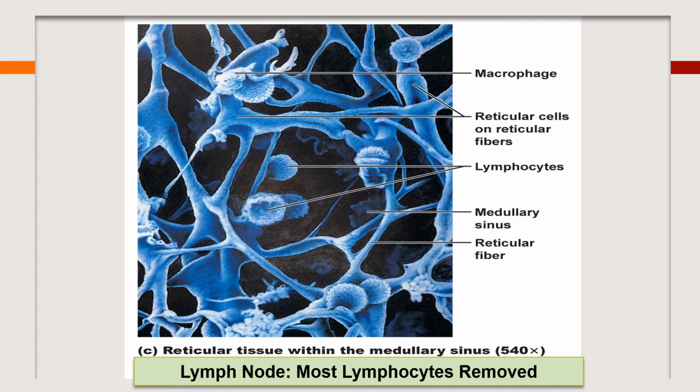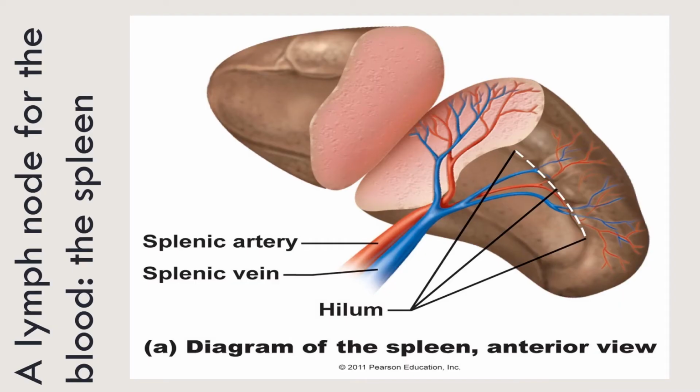The whole structure of a lymphoid nodule is basically a tangled network of reticular fibers that cells can grab onto, attach to, and do their jobs on. Okay,